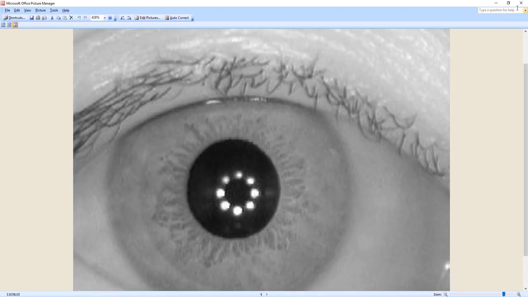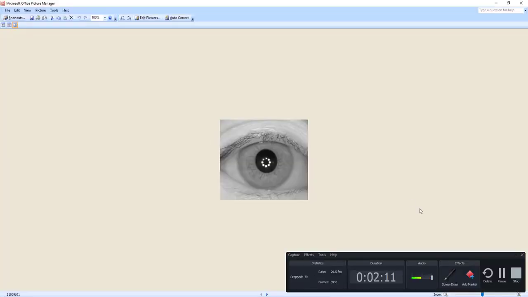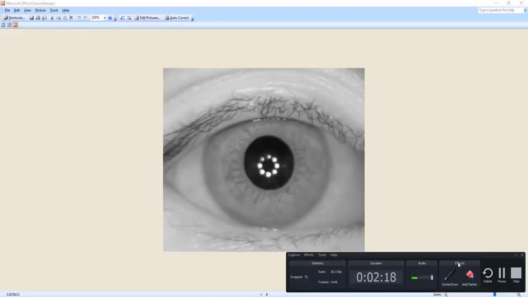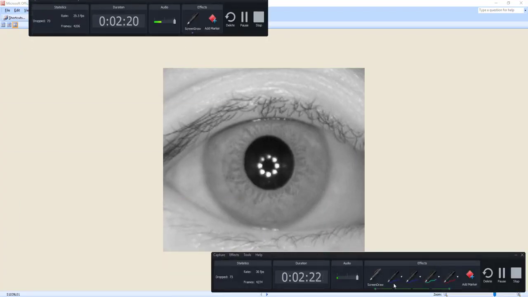So guys, each iris contains a unique pattern, and let me first tell you what exactly the iris is. Let's maximize this image a little bit, drag this portion, open cursor.